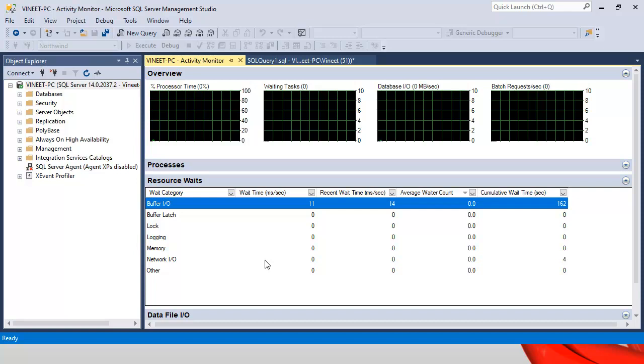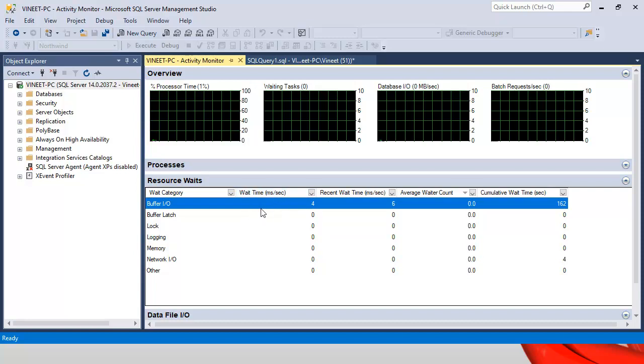On the left hand side, we see certain wait categories: buffer IO, buffer latch, waiting for a lock to get over, waiting for logging, memory, network IO, and other kinds of wait. These are some of the wait categories. And if we have a time like 3000 milliseconds per second, on average it means 3 tasks are waiting. For example, if under buffer IO we see 3000 milliseconds per second as wait time,